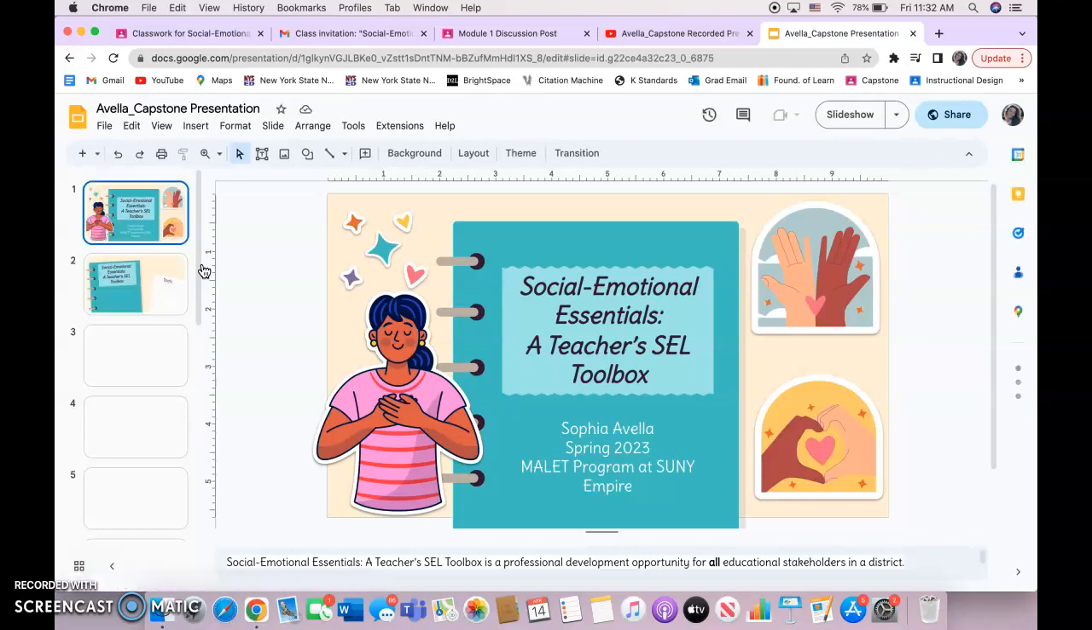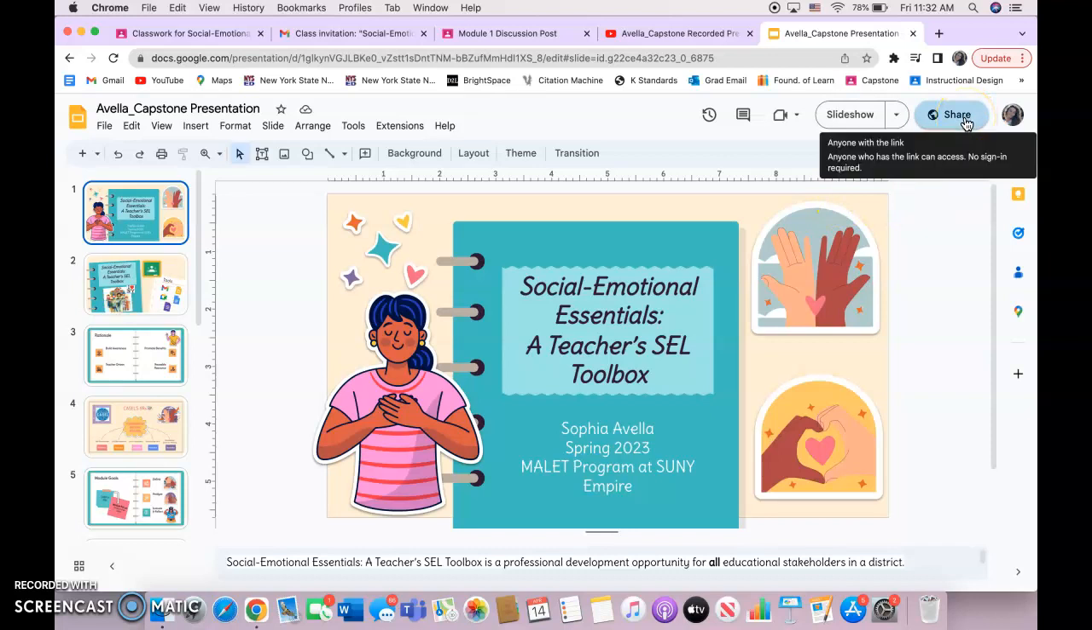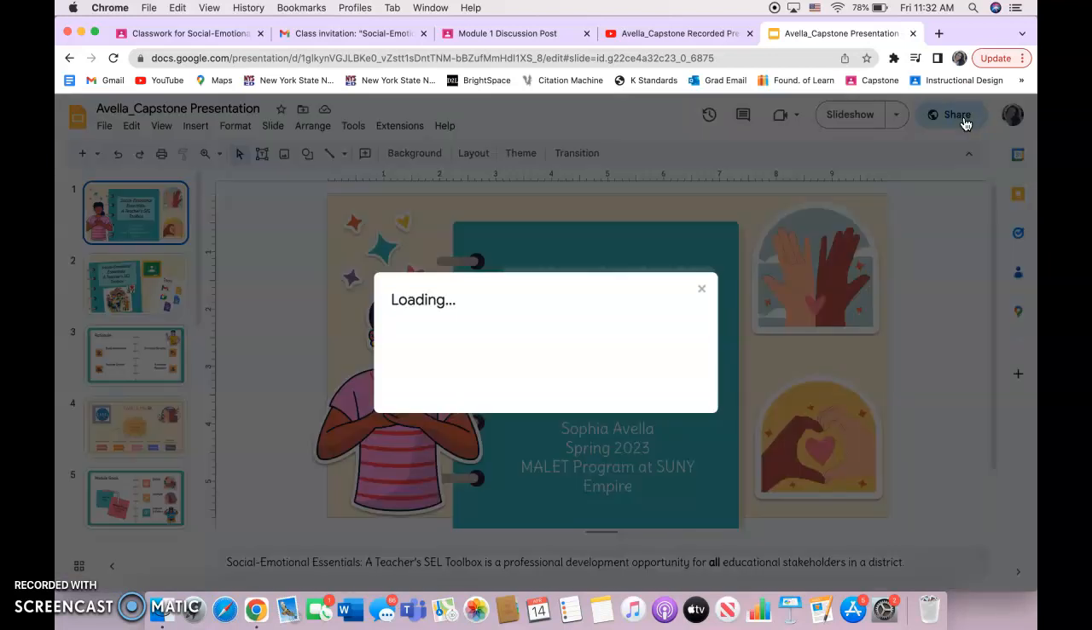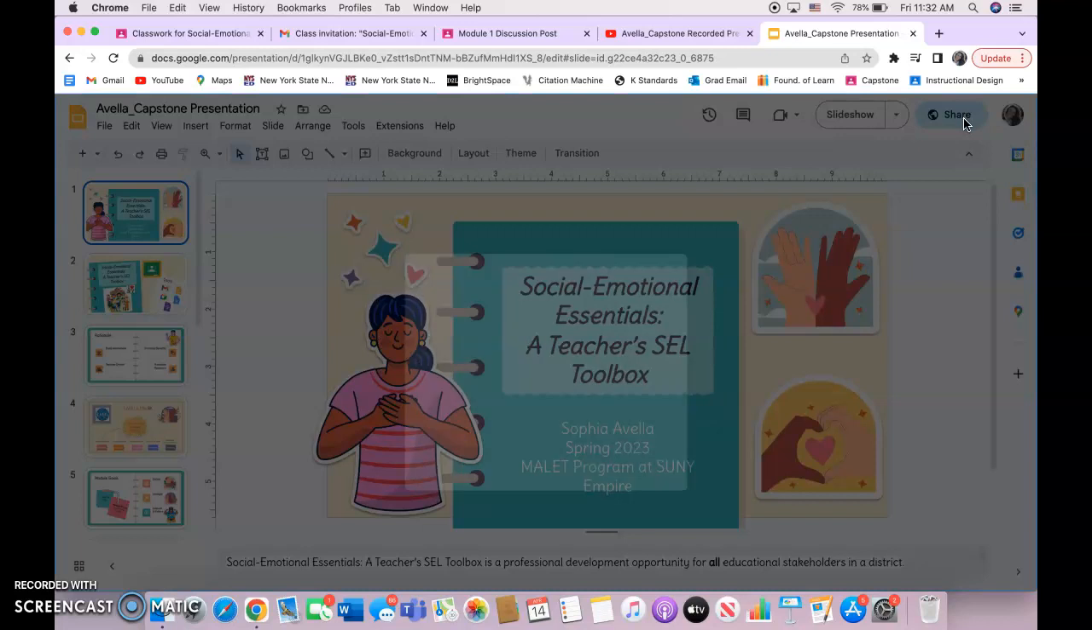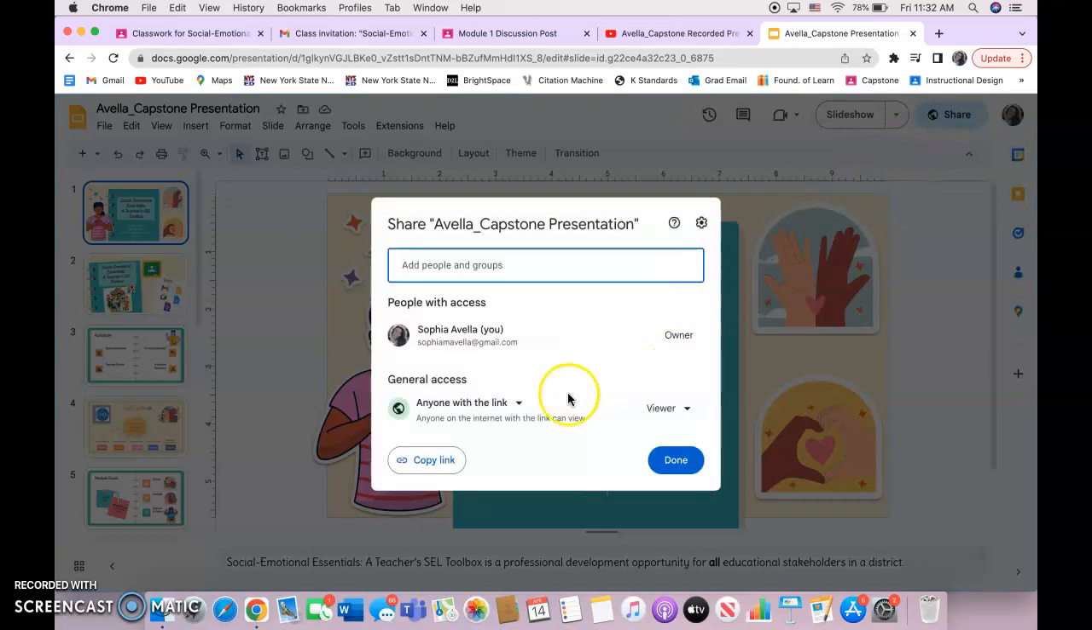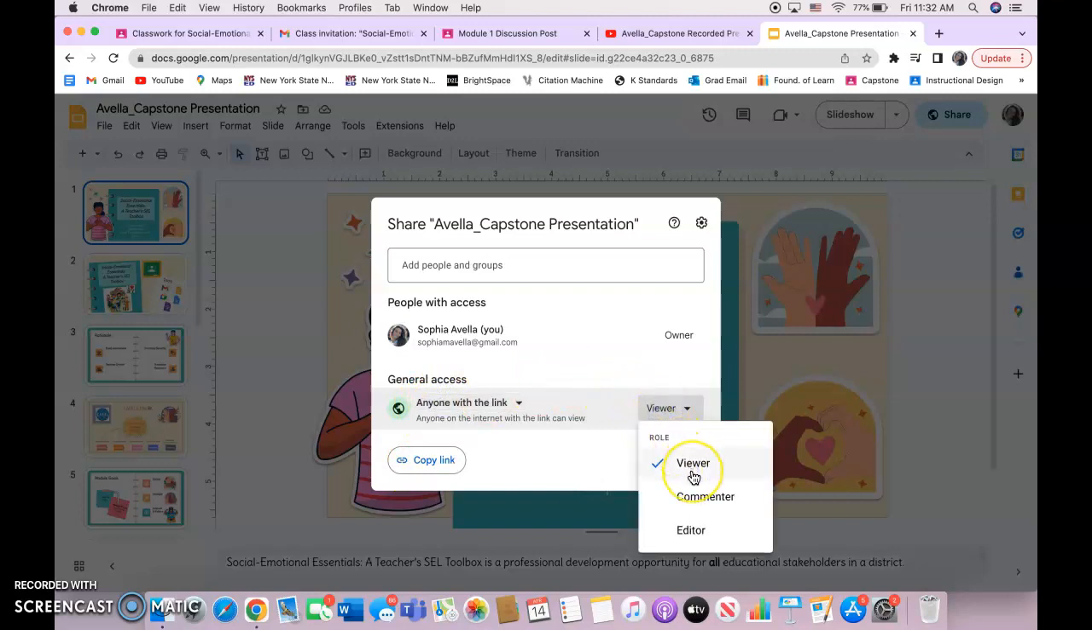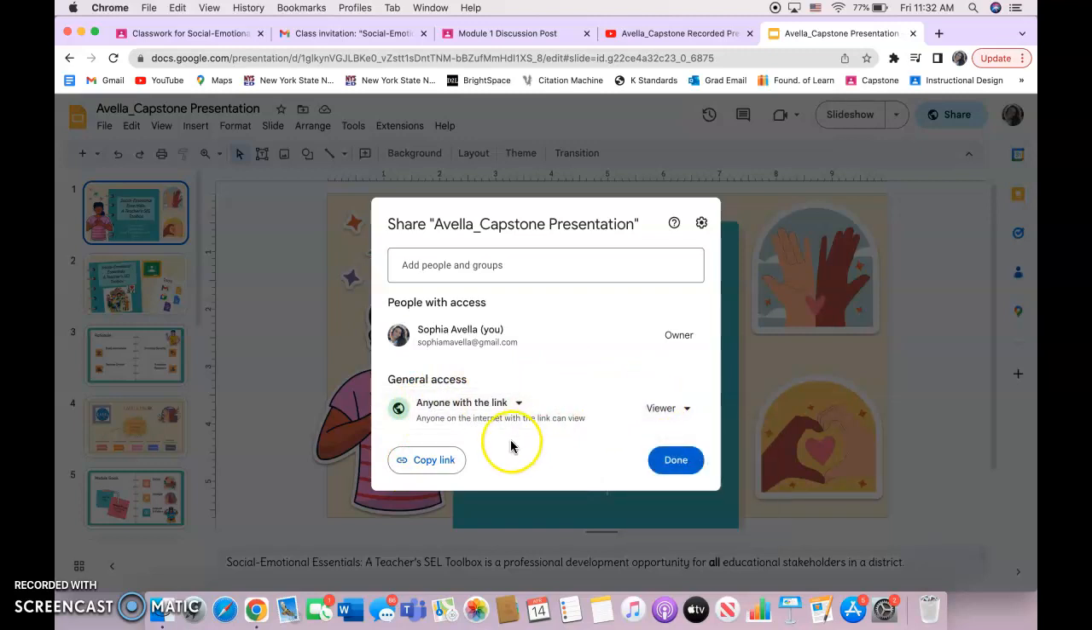Once it is all loaded, I'm going to locate the Share option on the top right-hand corner of the screen. So I have my general access set to anyone with a link can view my presentation. You want to make sure that it is anyone with a link and it is not restricted. So that check mark, anyone with a link, is there, which indicates anyone who has the link can view my presentation. From there, I'm going to press Copy Link